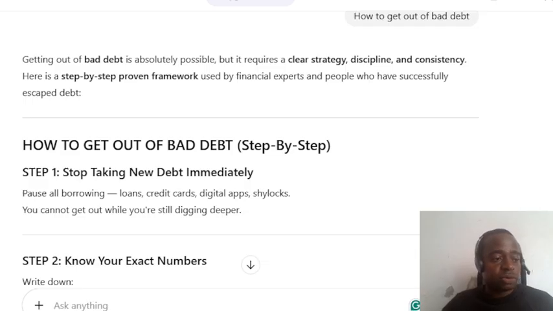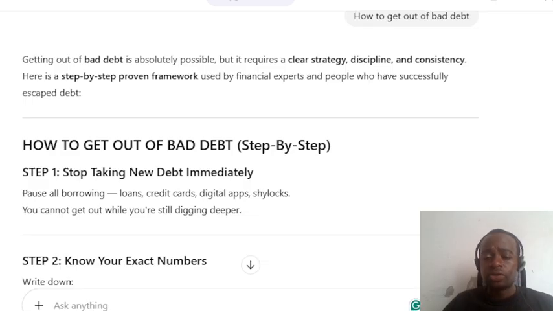But anyway, we are not here to talk about public finance. We are here to talk about personal finance. So these are practical steps of how you can actually get off bad debt. And as I'm telling you this, I'm also advising myself, because I have also been a victim of bad debt, and I think this is a wake-up call. I am sharing this to help somebody who probably is in bad debt or is contemplating taking a loan without actually assessing the consequences of that loan.